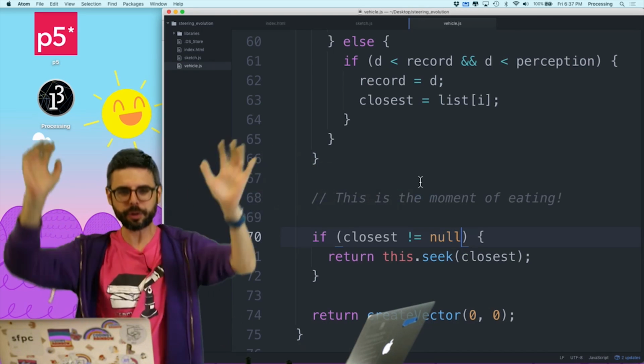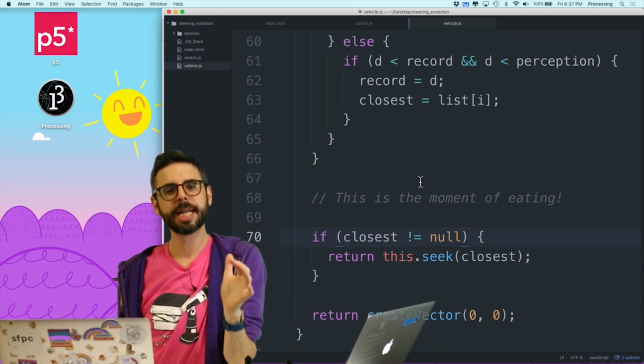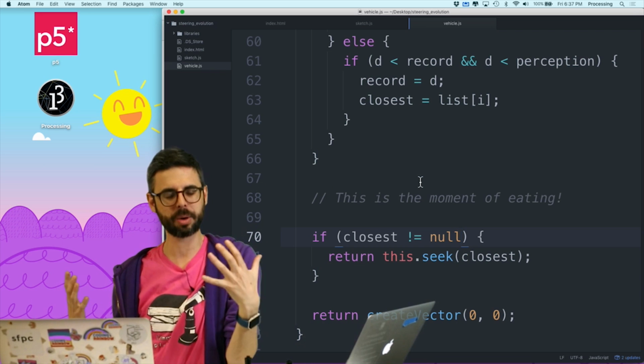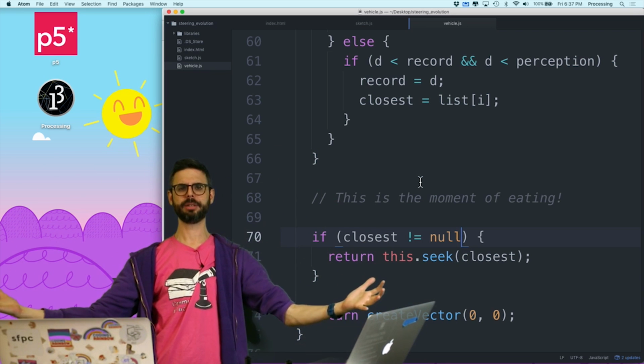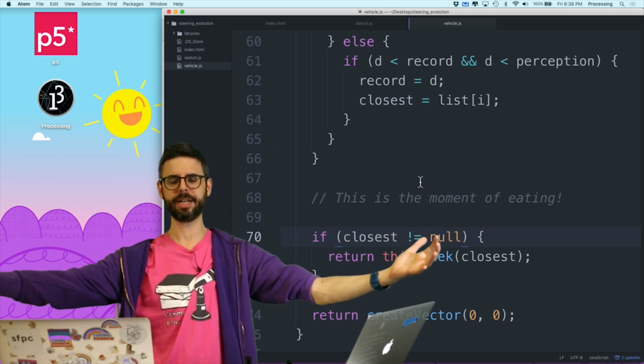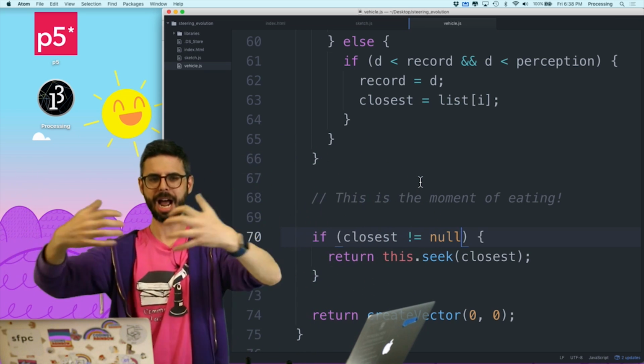So, okay, first of all, if you've watched any of my other genetic algorithm videos, you will note that there is a process to a genetic algorithm in the traditional sense. That process is create the initial population, evaluate the population for fitness, apply crossover and mutation to create a new population. Now run it again.